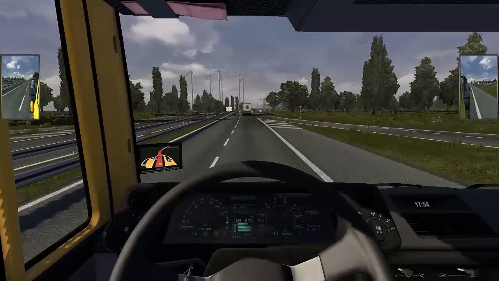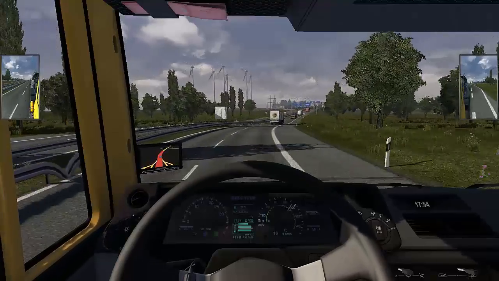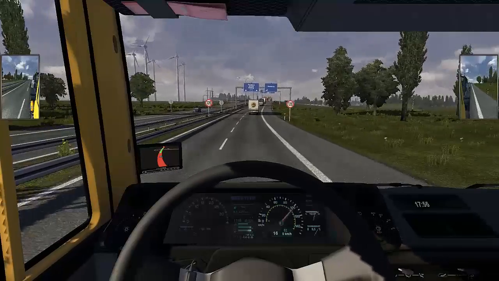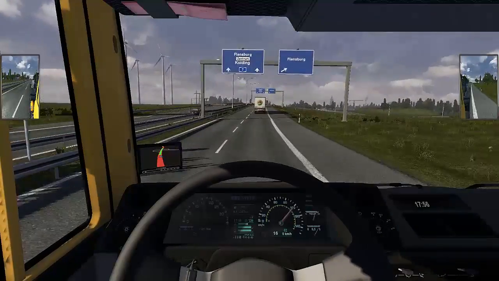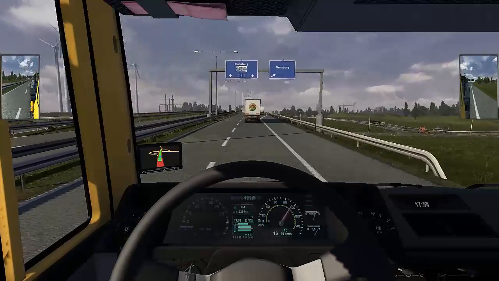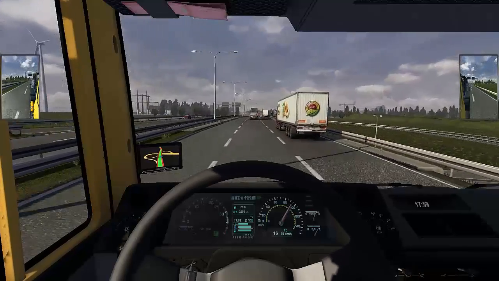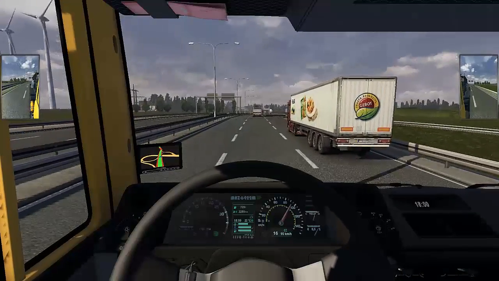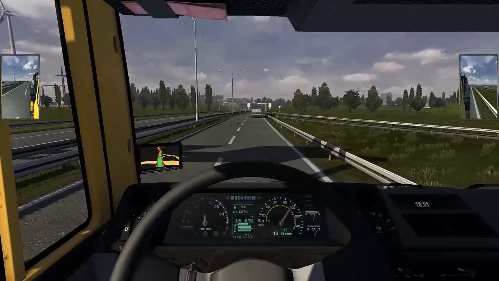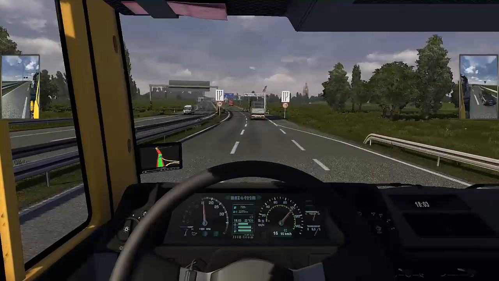Now, the only thing I don't get with the sat-nav is estimated time and how far I am from destination. But therein, I guess, is actually part of the fun. Because, to be honest, with most trucks, even with sat-nav, you're not going to get an estimated time of arrival and how much further you have to go. Probably in most trucks you don't even have a...